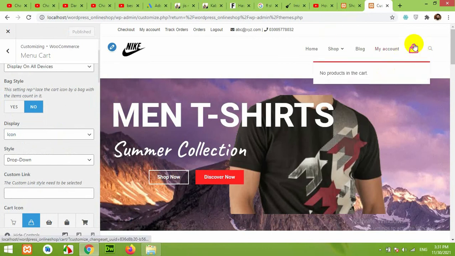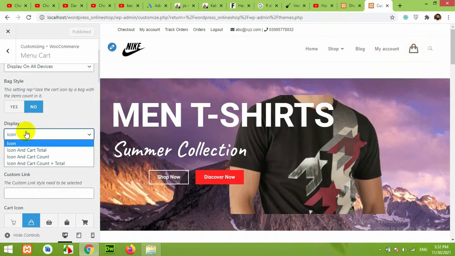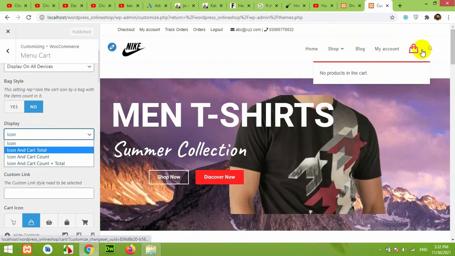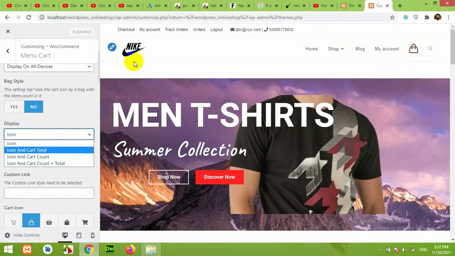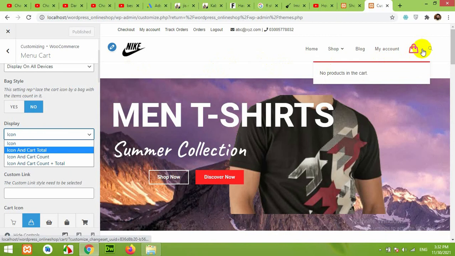Now the number is not there, but if you want to show the icon and the cart total or the cart count: total means that it will show you the total amount, how many products a user buys, and how much is the total of those products. So that total will be shown here.